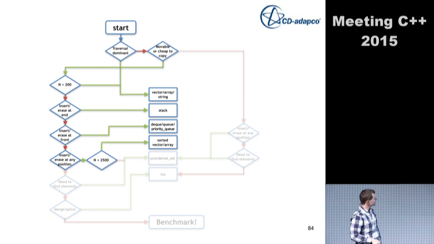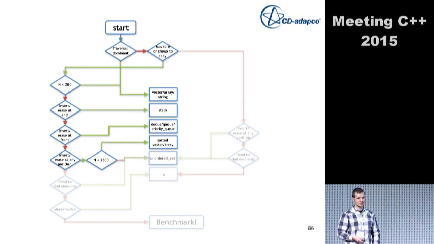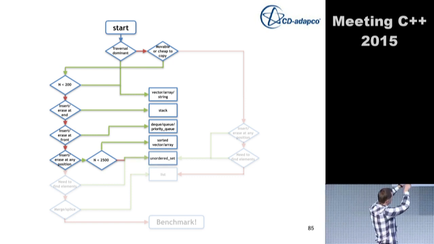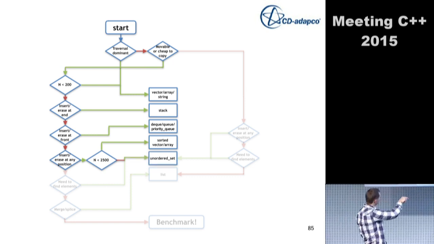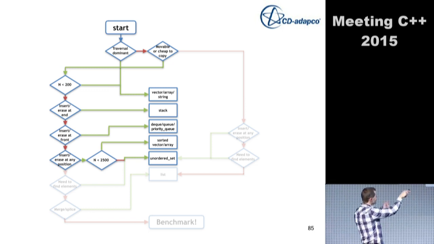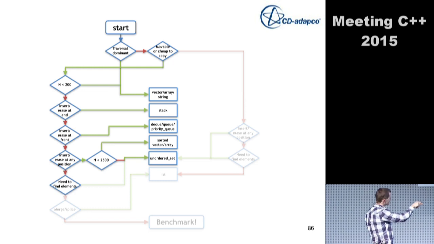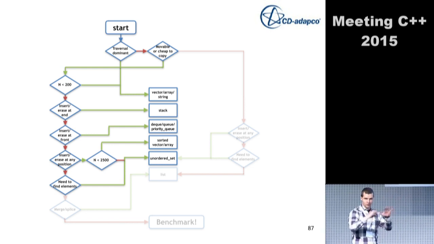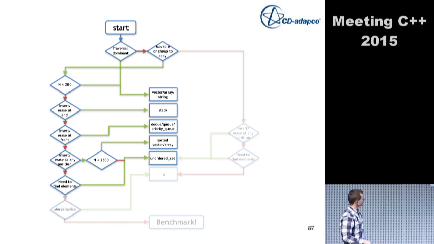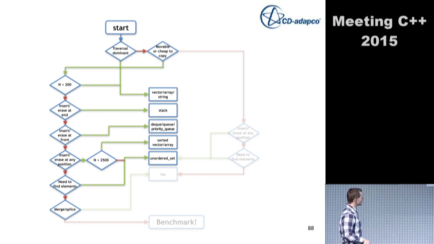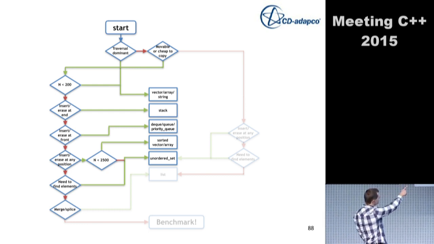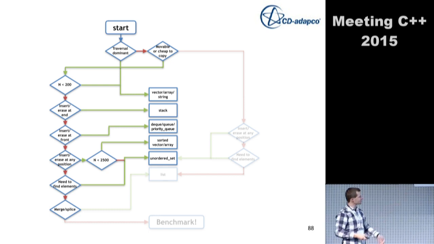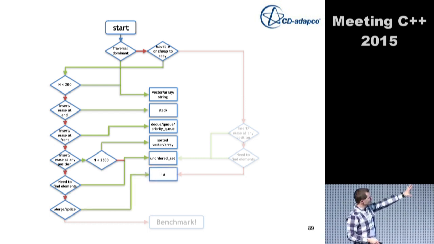If you need to find elements somewhere, use an unordered set. Again, of course, this is successive. So first this decision, then this decision. If nothing is applied yet, and you need to find elements, use an unordered set, which means you don't want to traverse it very often. So you've already excluded this. Then unordered set is the proper thing. And something I didn't show, if you want to merge or splice very often. So if nothing has applied yet, but you want to merge and splice collections, then probably the list is the right data structure.